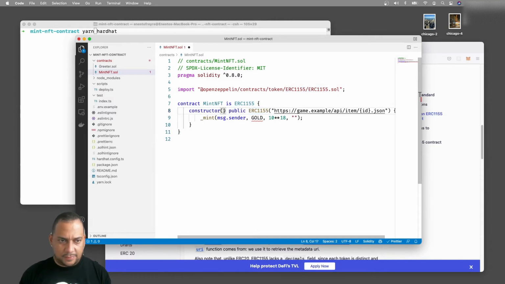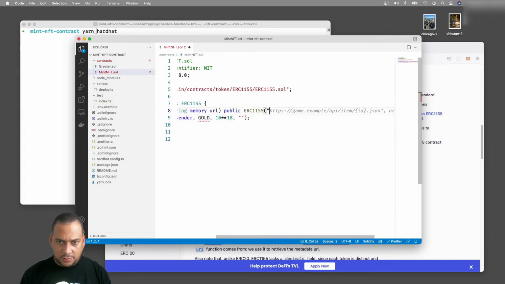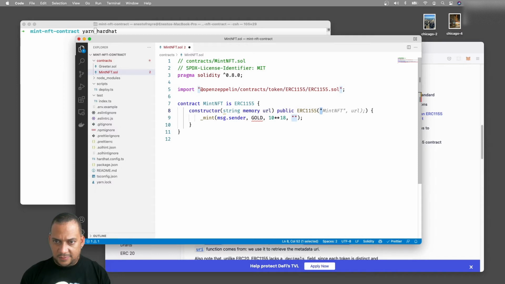Now we need to set up a set of parameters in the constructor. I think one of the first parameter is the URL where our metadata will be stored. So let's call this string memory URL, and we will pass that URL to the ERC 1155 initializer, right?